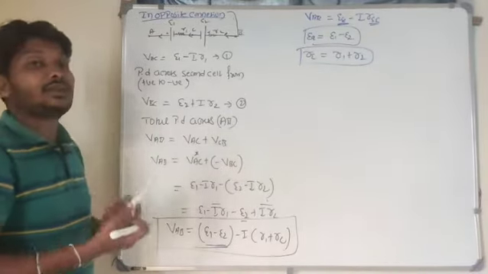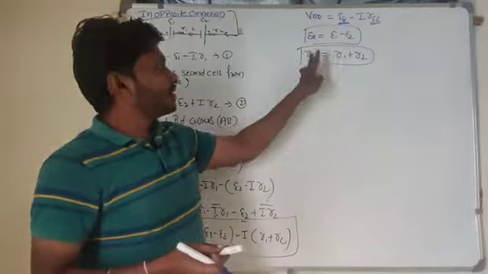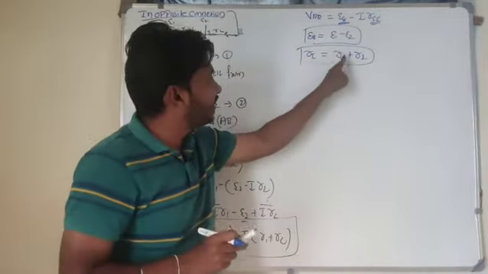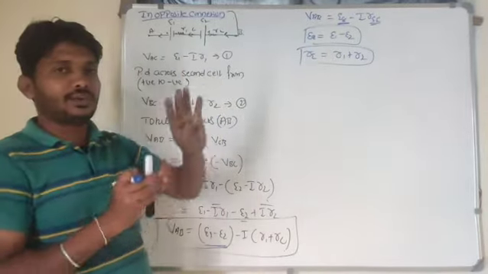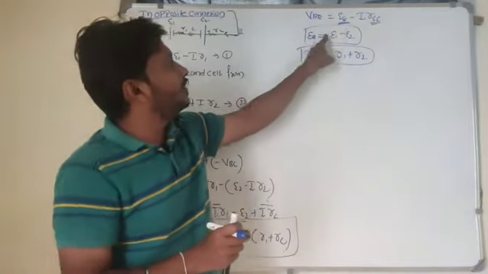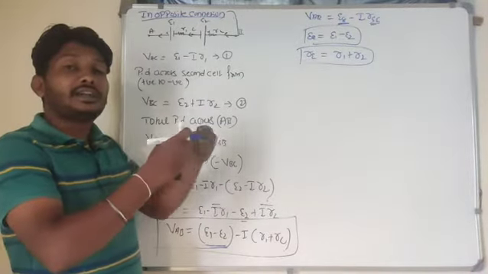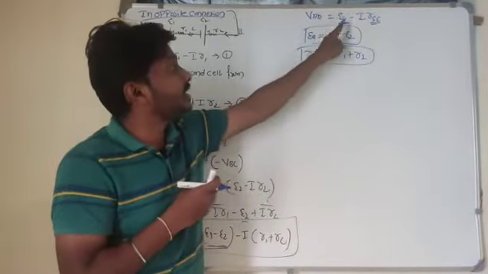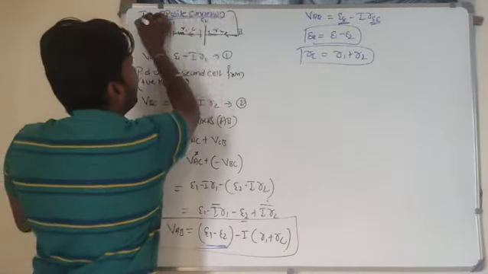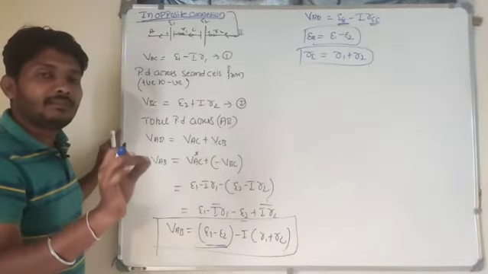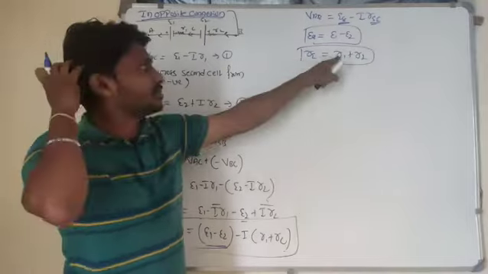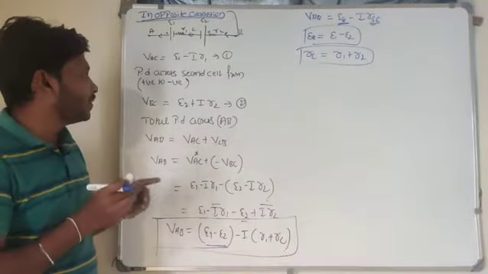Resistances are always additive. Internal resistance is the same in the opposite combination as in the series combination: R1 plus R2 in both situations. But if you connect in the opposite sense, equivalent EMF is E1 minus E2. If you connect in a regular series manner, that is E1 plus E2. So remember, if you connect the cells in an opposite combination, equivalent EMF is E1 minus E2, whereas equivalent internal resistance is the same, R1 plus R2. Hope you remember this.